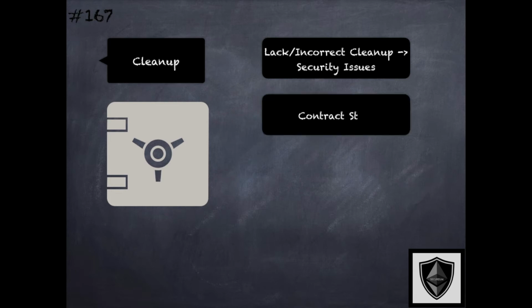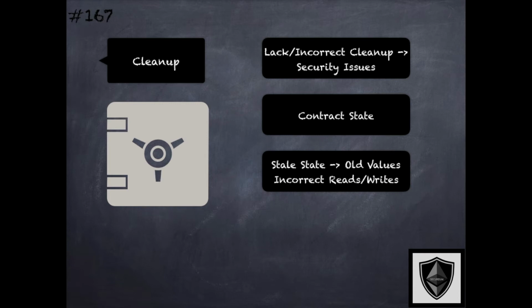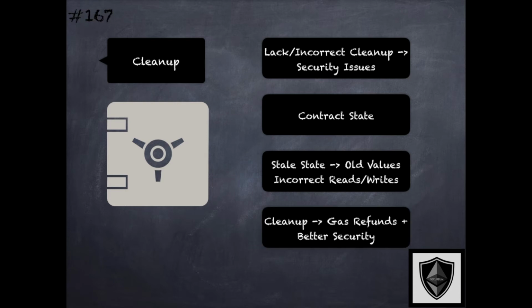For example, this is applicable to contract state maintained in state variables within storage or even local variables within contract functions, where old stale values may lead to incorrect reads or writes in the context of the contract's logic. Cleaning up storage state using the delete primitive provides gas refunds with the EVM, some of which has changed in recent upgrades. The London upgrade, for example, reduced gas refunds of SSTOREs. Nevertheless, there are benefits besides security to this aspect of cleaning up.